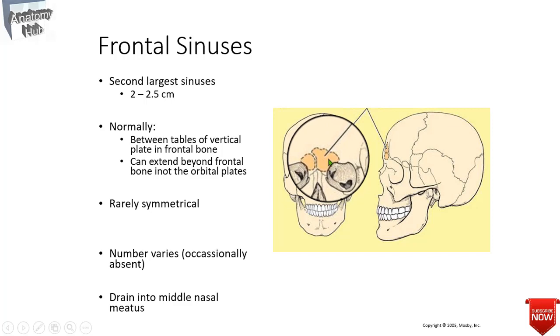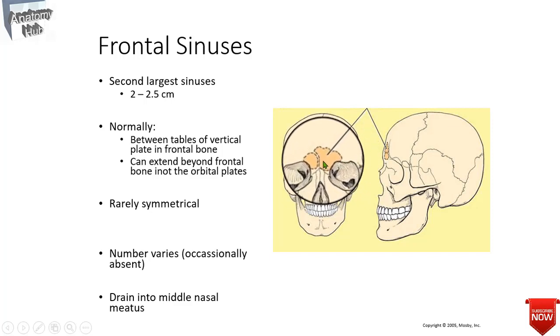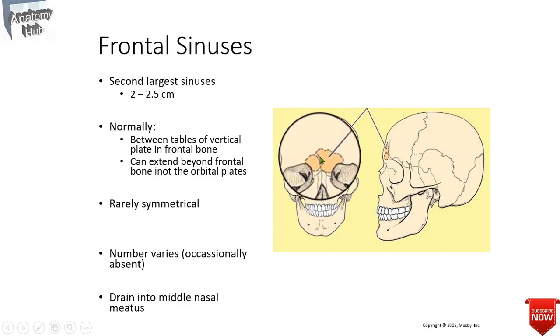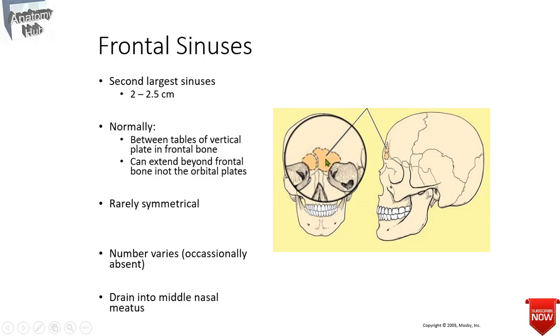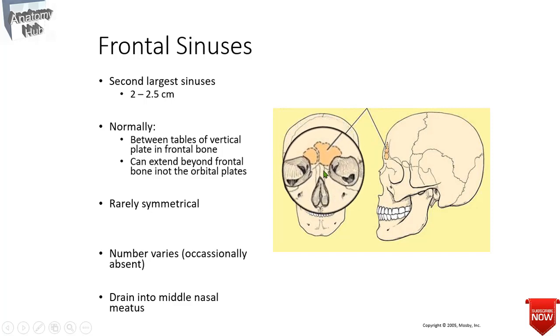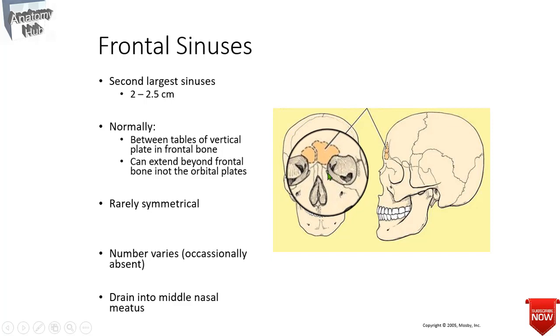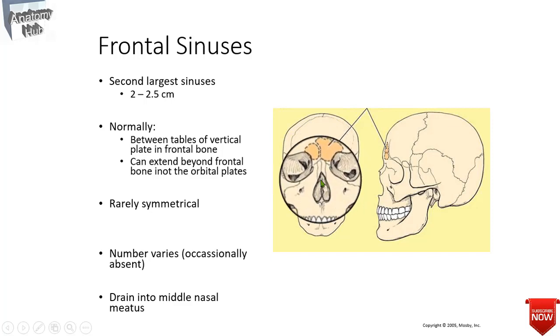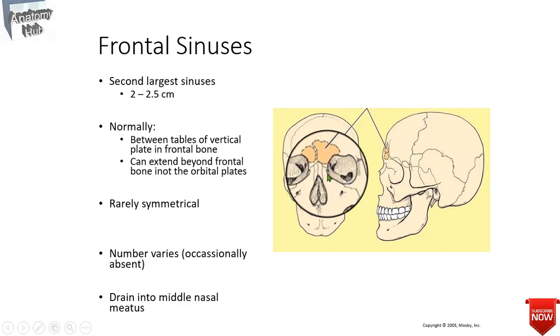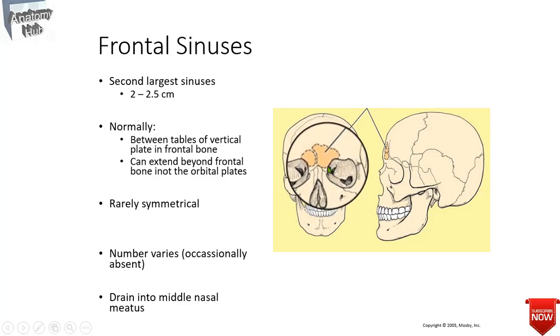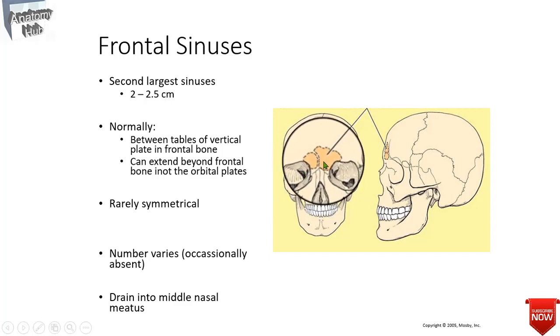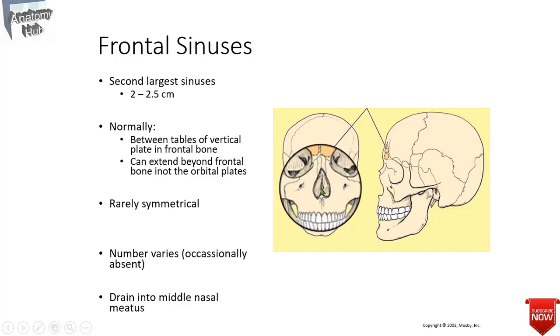So there are also incomplete septa or recesses that actually divide this frontal sinus into two, and it opens to the ethmoidal infundibulum or the frontonasal duct. And the arterial supply of this sinus is your supraorbital artery and the anterior ethmoidal artery, and the frontal sinus will drain into the middle nasal meatus.